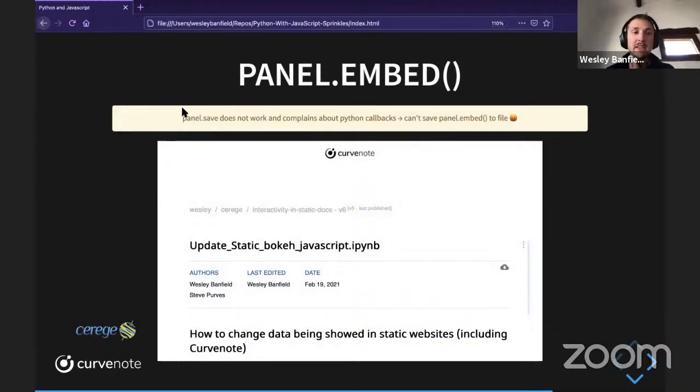When we're coming up to this, panel.save is not working. It was complaining about having a callback function that was written in Python and not in pure JavaScript. Whereas if you do panel.embed, that embeds it inside the notebook file perfectly using the correct JavaScript calls by pre-computing